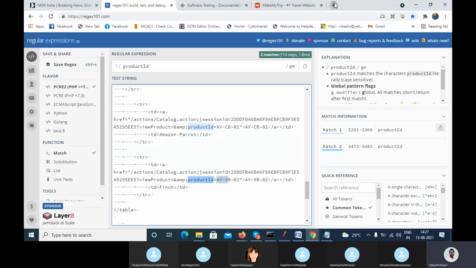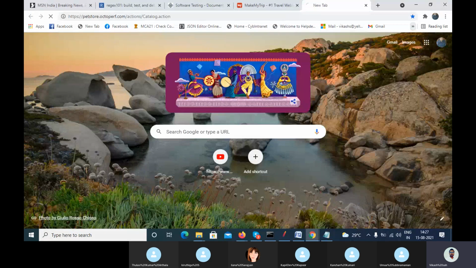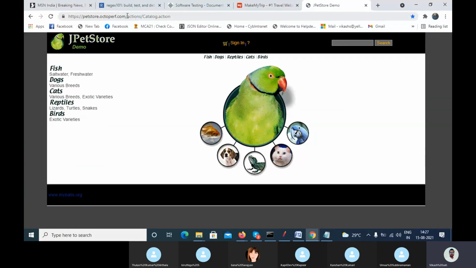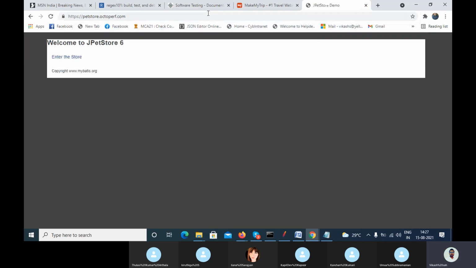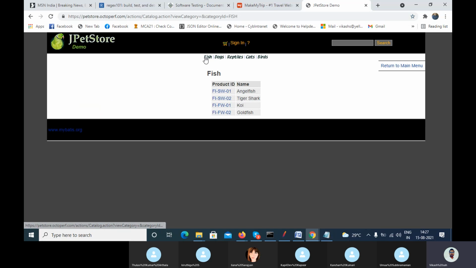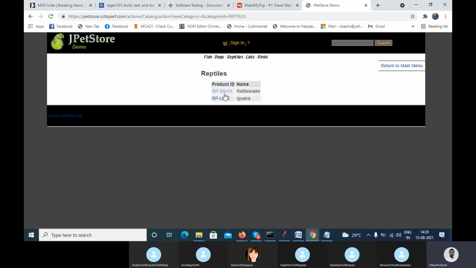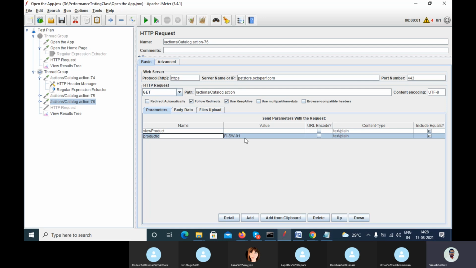Right. So what I am trying to do here, you go to the Jetpack store. You click on the Jetpack store. This one is the first scenario, right? The second one, you enter, then you click on the fish, right? After clicking on the fish, you have different product IDs. You want to click on any one, right? Let's suppose you click on the dog. So the dog's product ID is different. If you click on the reptile, the product ID is different, right? So you have to create it like that. So this thing you have to create as dynamic, right? So